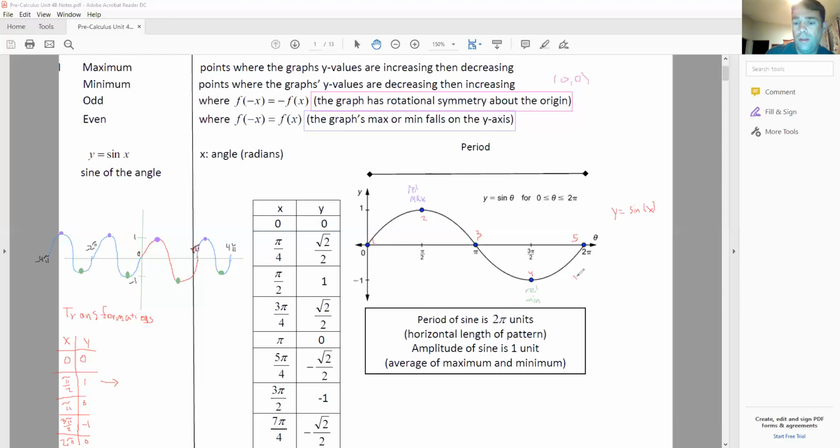y equals a times sine of b x minus c plus d. So it's going to be all our same transformation stuff that we did back in the very first